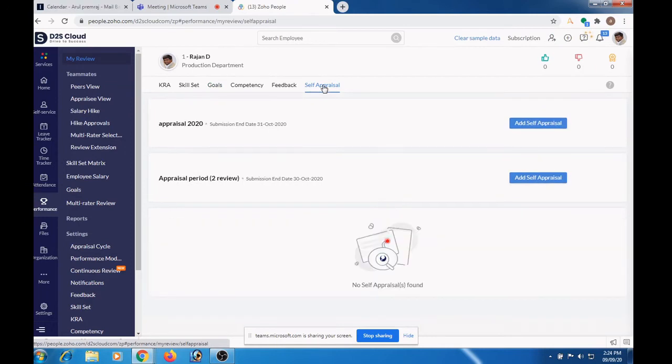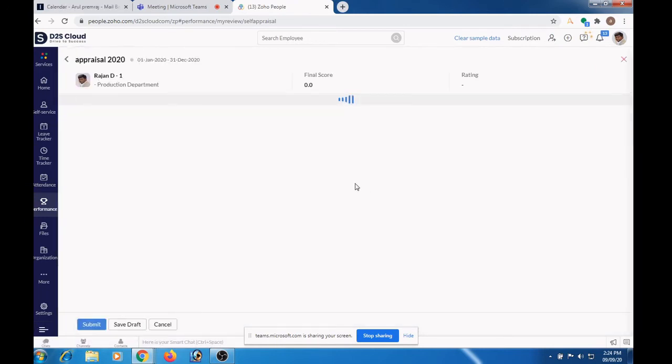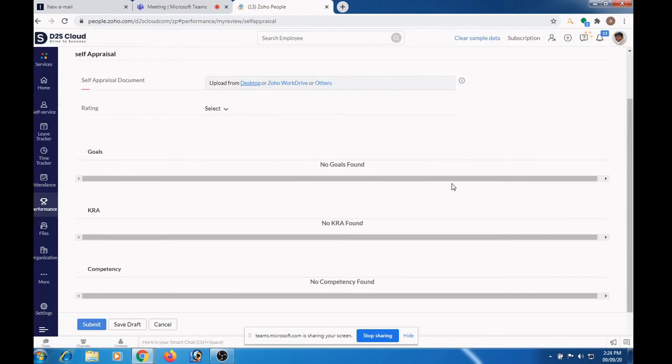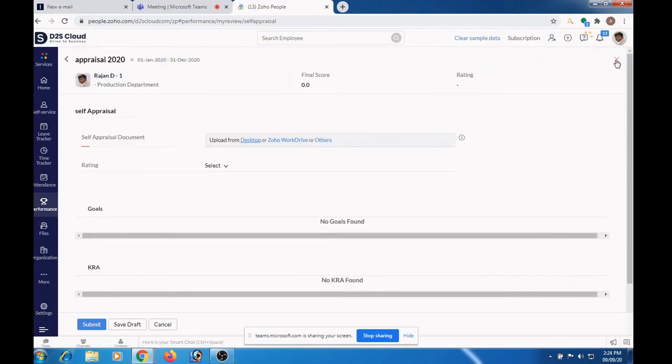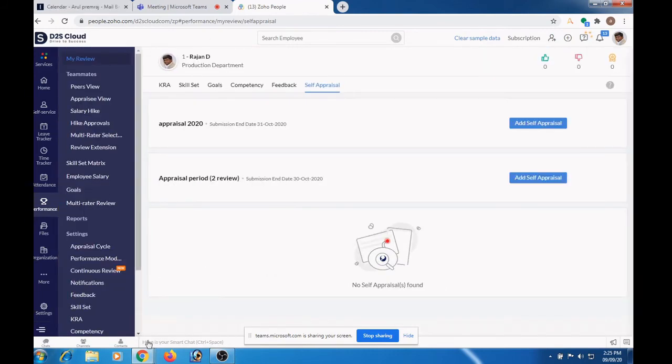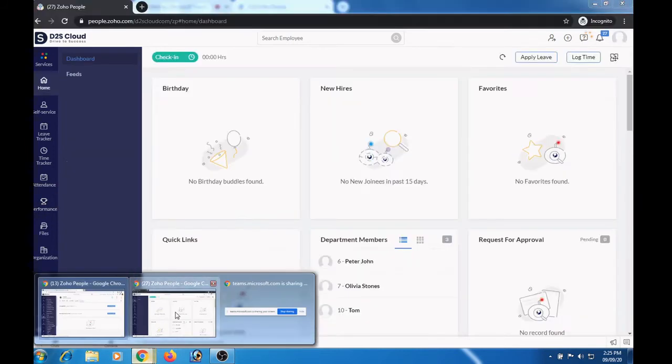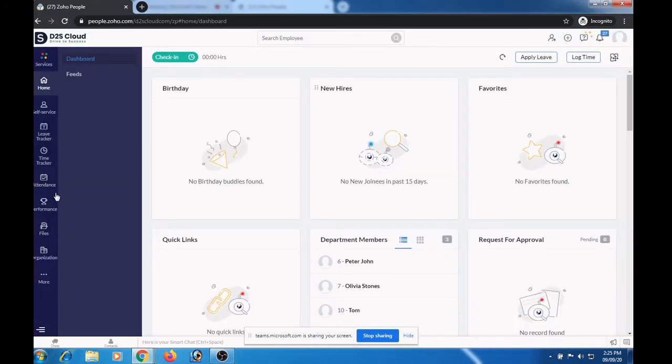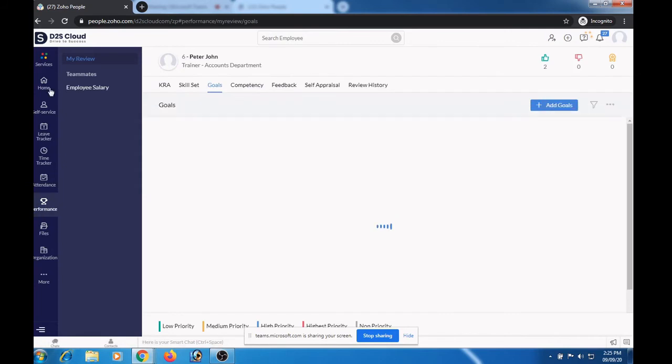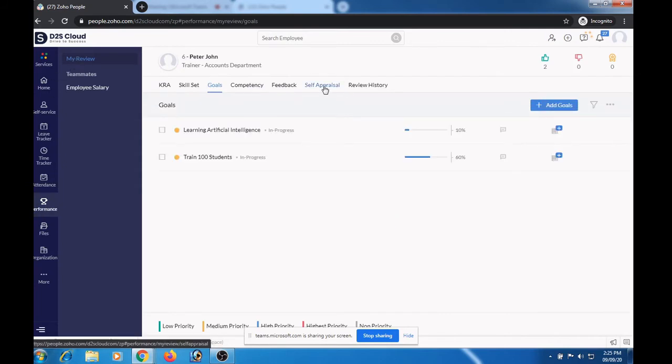He can go to self appraisal and he can give the rating for himself. Let me show the user page how it looks. So self appraisal.